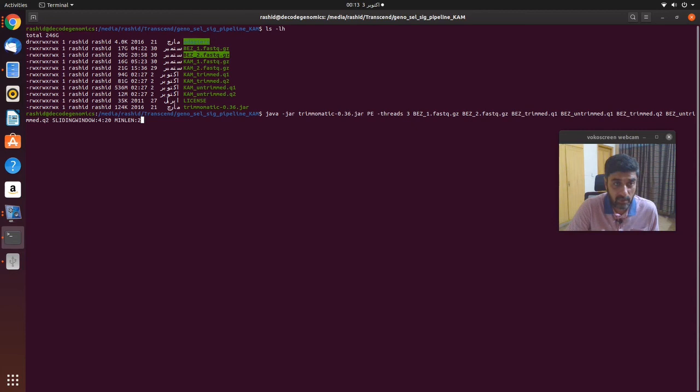So let's see what happened. I'm going to enter it, and it will take almost one hour. That depends on the type you are going to analyze. So the Kamori forward file has the size of 16G, similarly 21G, and now the Bezoar 1 is 17G, and the size of the Bezoar 2 is 20G.